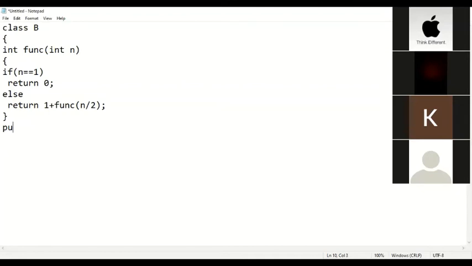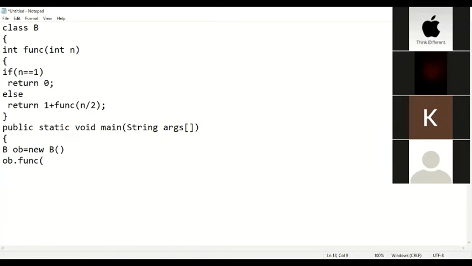Now public static void main. B object equals to new B. Then it will be ob dot func. And what are we supposed to pass? What will be the output of func when the value of n varies from 8 to 15?